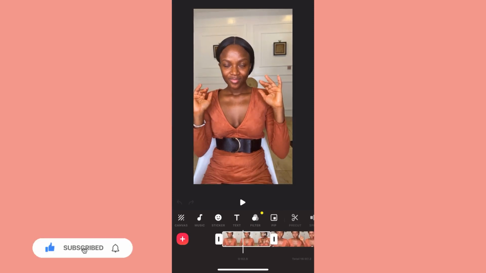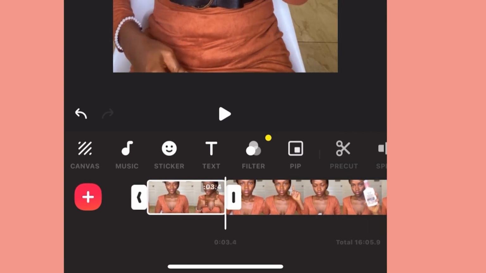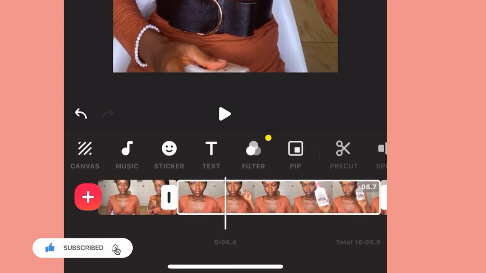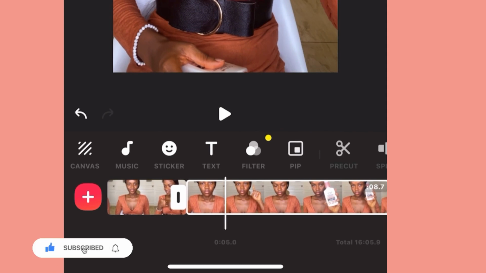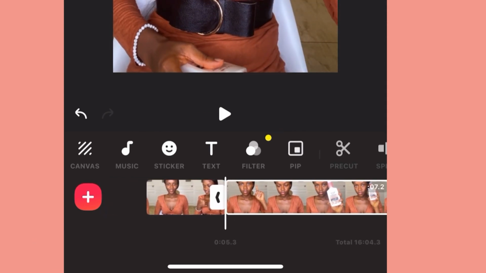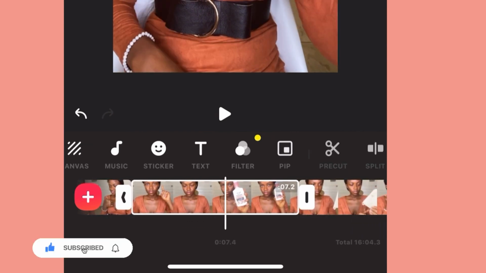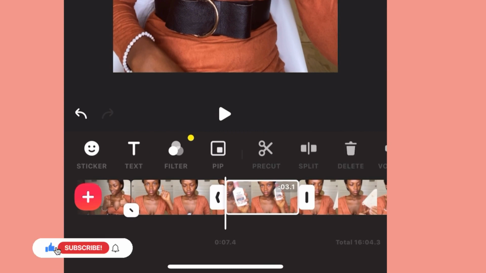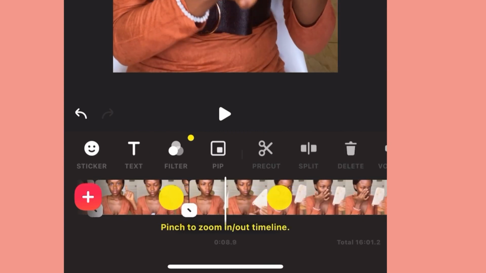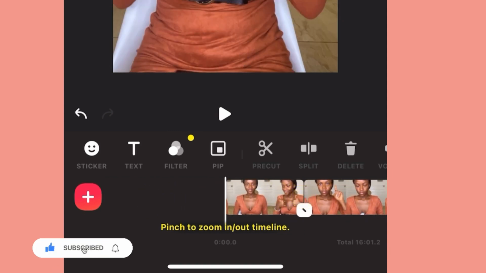So we're going to start by cutting through the video. I don't use cuts because I can just simply glide through this both side icon that you see, that I'm just gliding through to go to exactly where I want the video to start from and end, because I record my videos by myself, so I have to do this all the time. So then you can also split to cut off unnecessary parts in the video. So that's what I'm basically doing right now. So next,